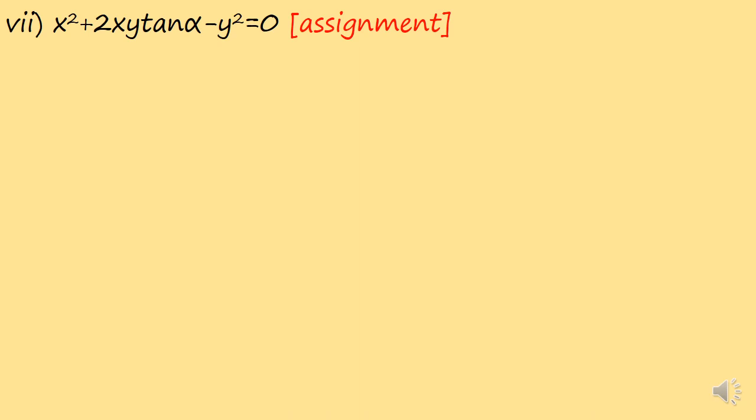Now this sum is very similar to the previous one. You can try it out as an assignment. Needless to say, all the sums, whether they are assignment sums or not, those which are solved also, are supposed to be written in your notebook. This is essential, students, compulsory.